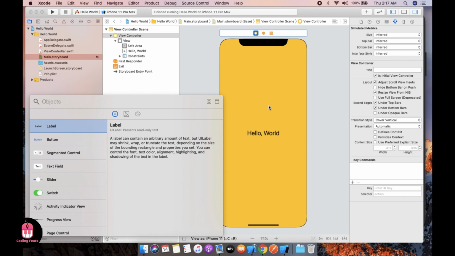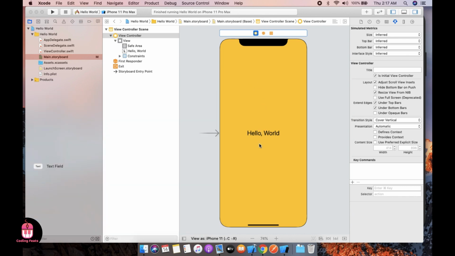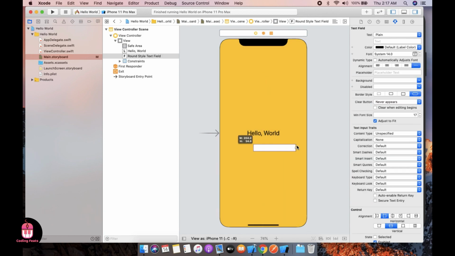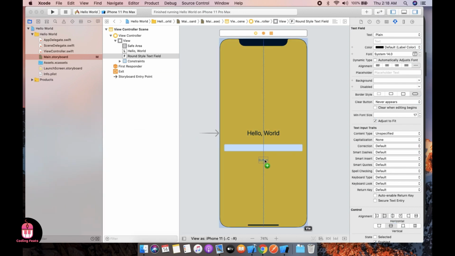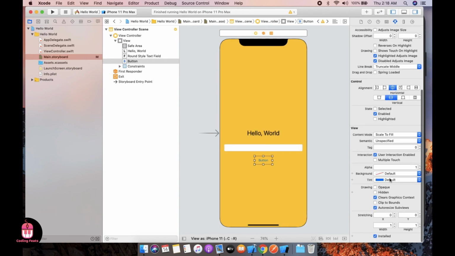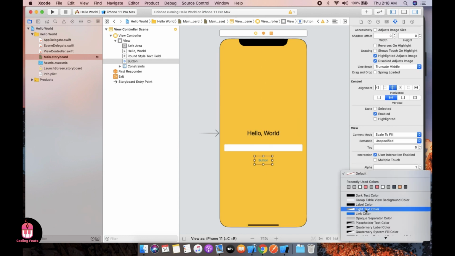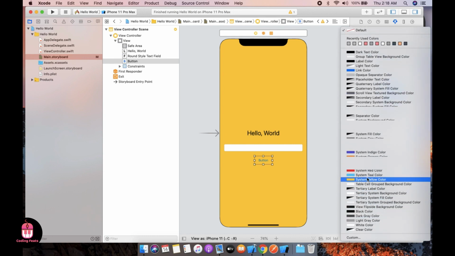Now I can do something interesting. We can take a text field here. Also we can take a button. You can increase the button size and background according to your requirement.